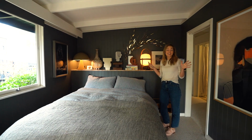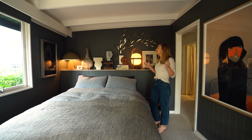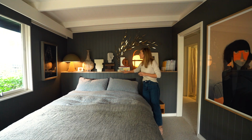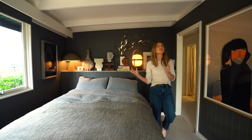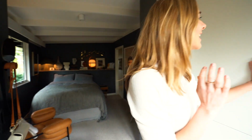I think it's without a doubt the best bedroom I have ever seen. It is so delicious in here, so scrumptious. I love this shelf, that marble detail with all of the things. Beautiful styling. It's so dark and moody. It's just so cozy and indulgent. Even the cabinetry is amazing, and oh